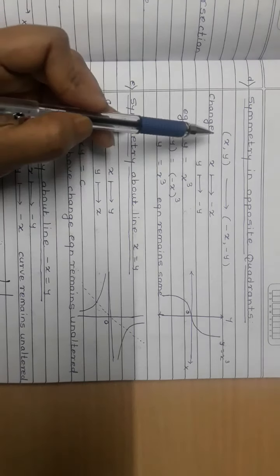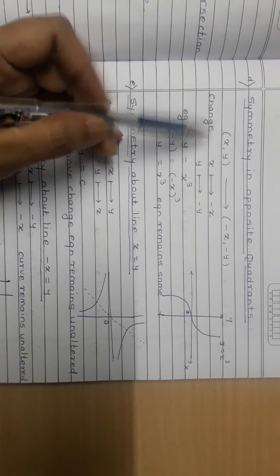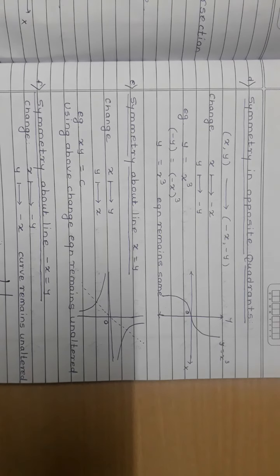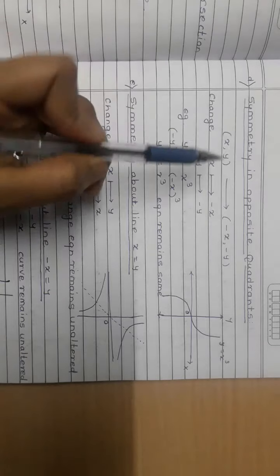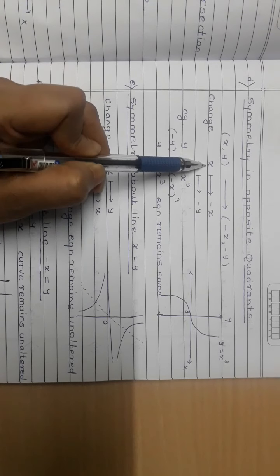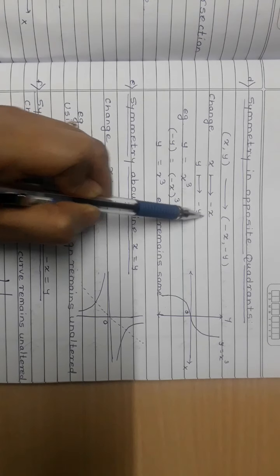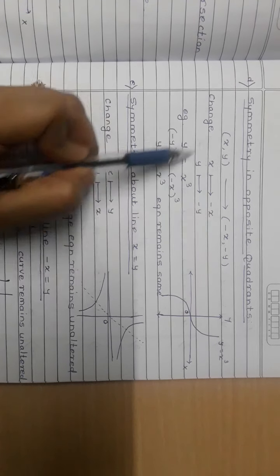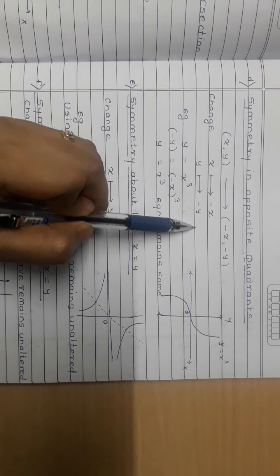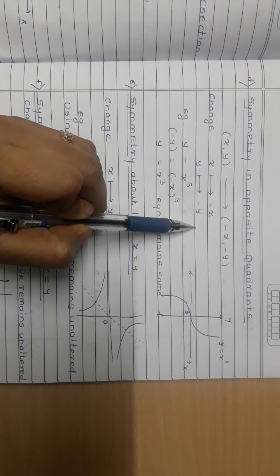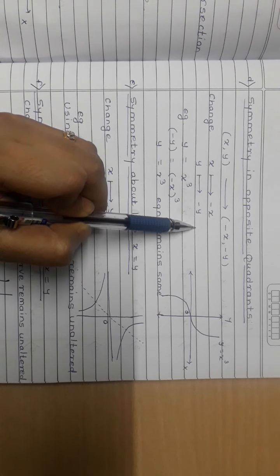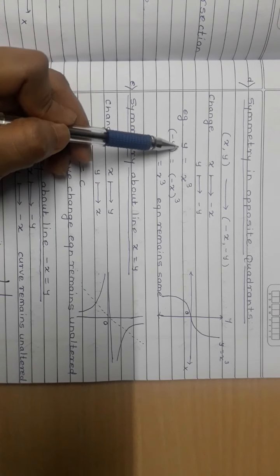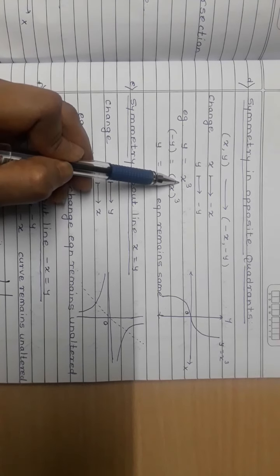So in this case power of x is also not even and power of y is also not even throughout the equation, and in that case what we are going to do is replacing x by minus x and y by minus y in the equation. If we replace this, after replacement the equation should remain same as it is, that is it should remain unaltered, right? For example, I have equation here y is equal to x cube.